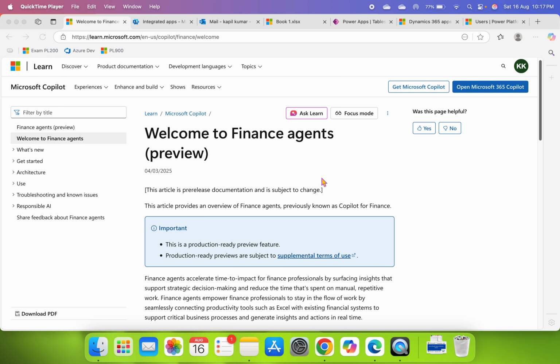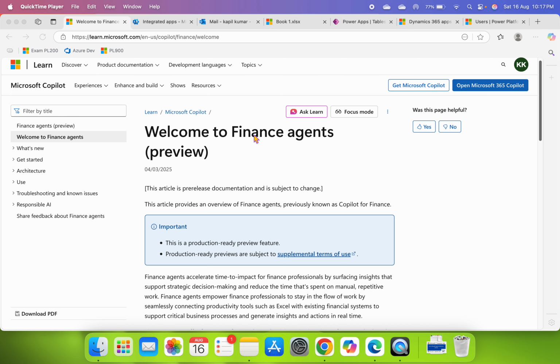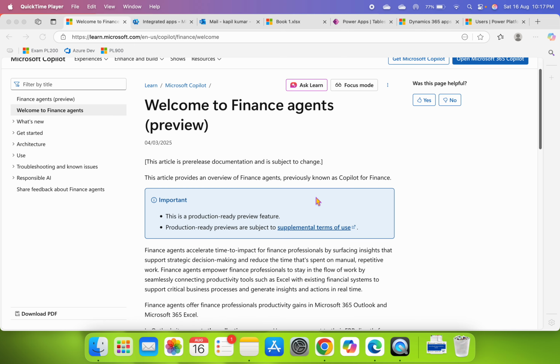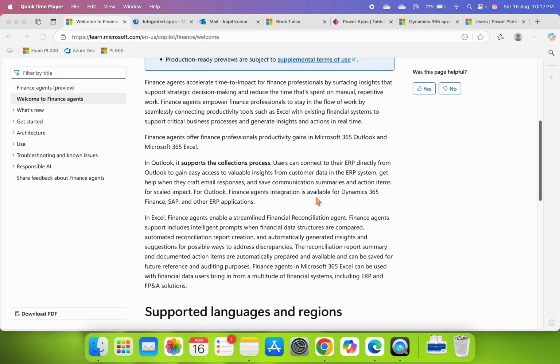Today in this video we will learn about this Copilot finance agent. As you can see from the screen, this is the agent which Microsoft have released in preview mode recently, and as the name suggests, it is made for finance professionals for productivity gains in Outlook and Excel, which means that this agent will be available for use only in Outlook and Excel. So here in these two paragraphs, Microsoft have mentioned that in Outlook, it basically helps in